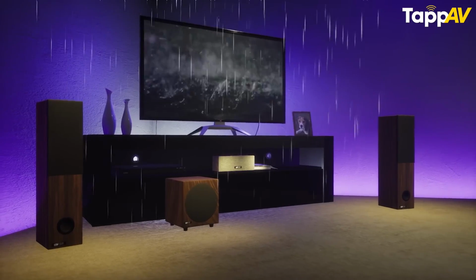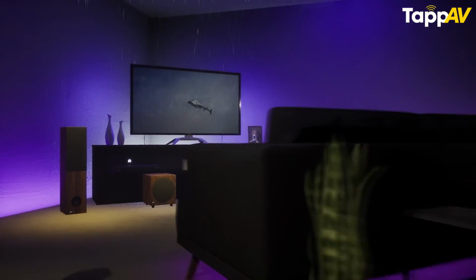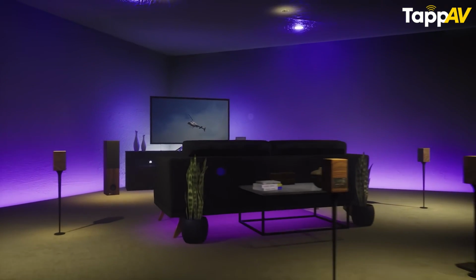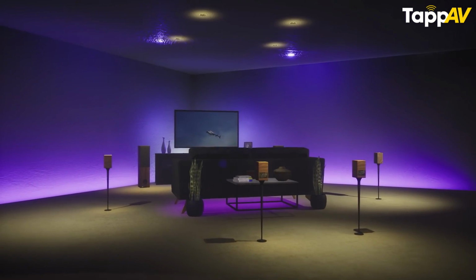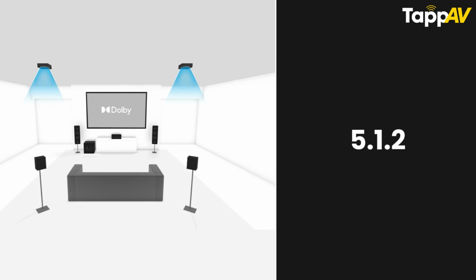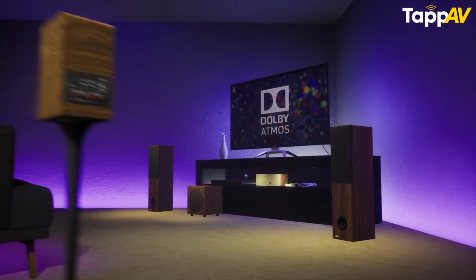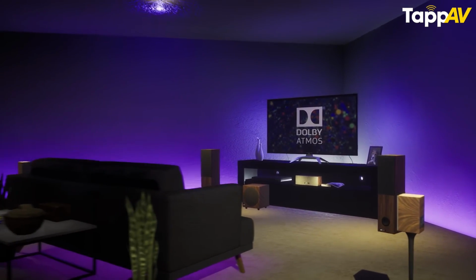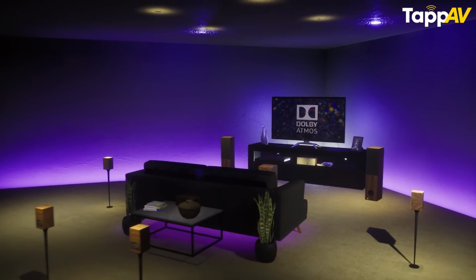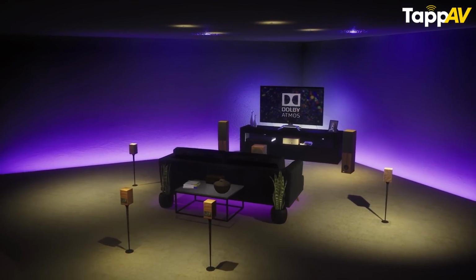Apart from the speaker type, the next thing that you have to study in this step is the layout. Now, what do I mean by layout? In today's times, you can see Atmos can be created right from a 5.1.2 configuration all the way up to a 9.4.6 configuration. So, which of these configurations is the right one for you? Please study that and plan accordingly. More channels is going to increase the cost as well as the number of amplification channels. And that's why the audio layout is an extremely important factor